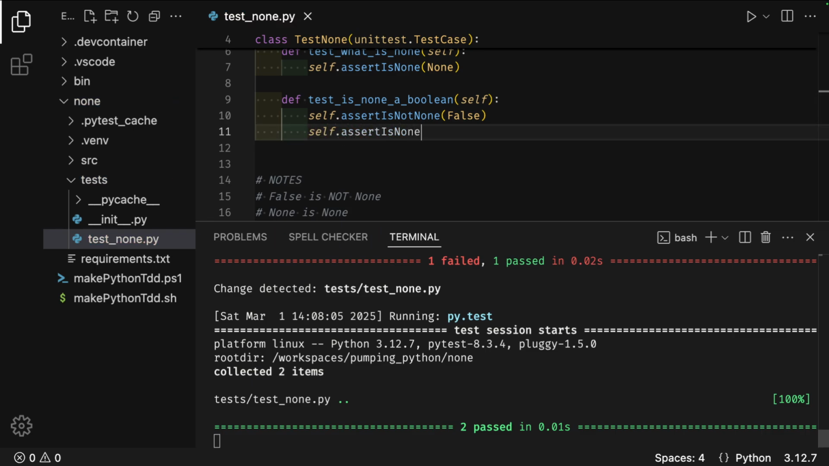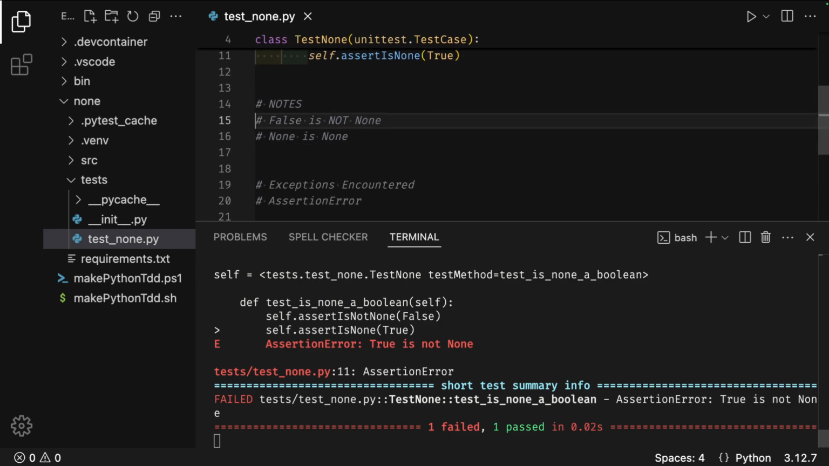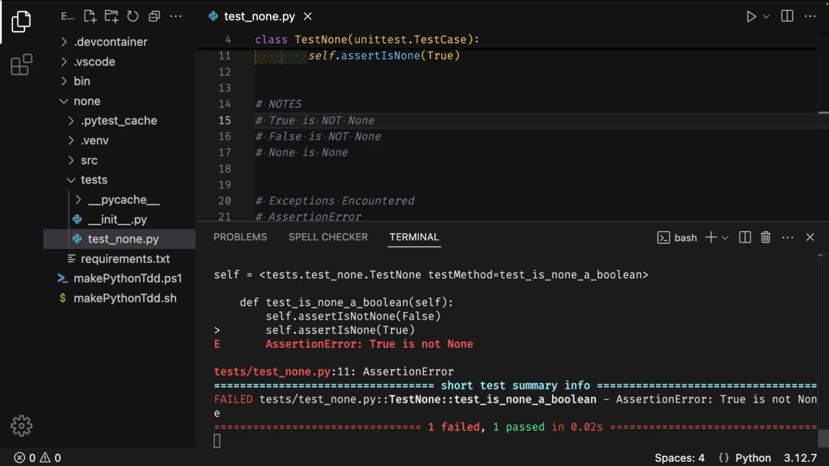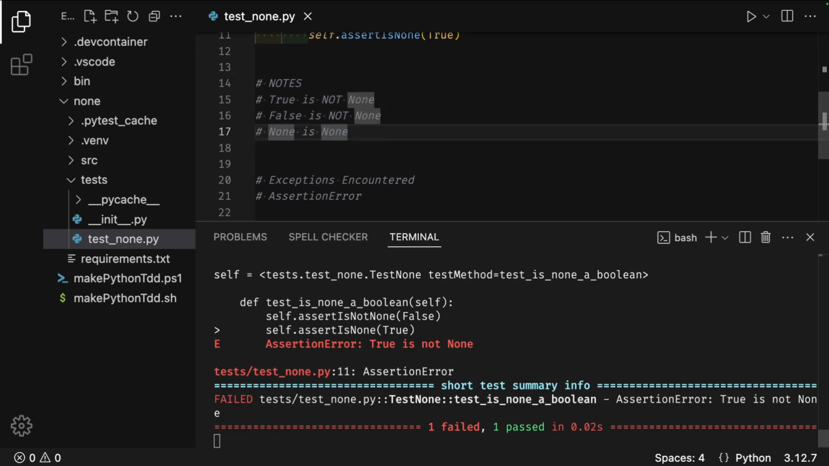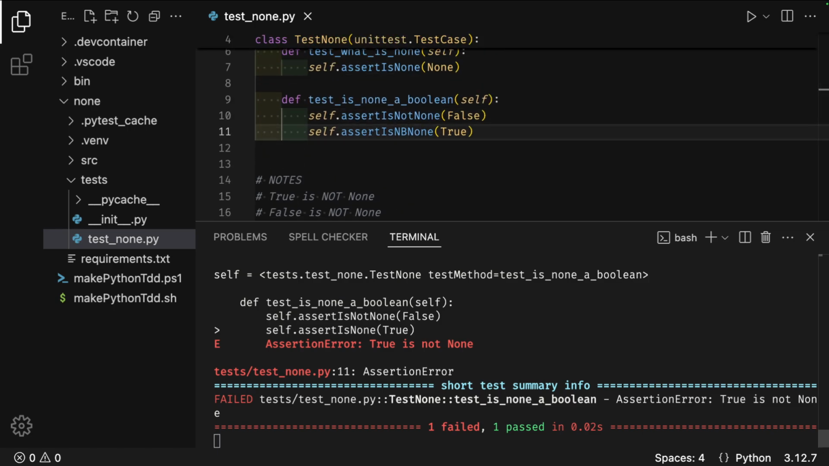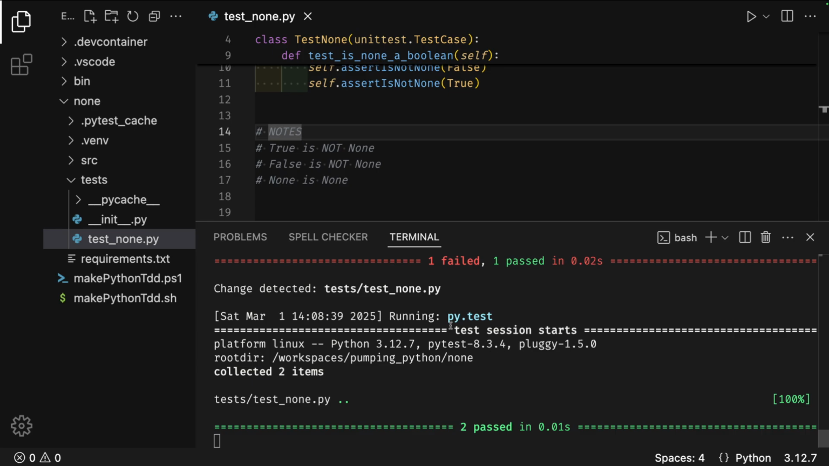Self.assert is none, parentheses true. The terminal shows assertion error. True is not none. I will add another note. True is not none. False is not none. None is none. Change the method. The test passes. I do not want to keep scrolling down to the notes to add them, so I'll bring